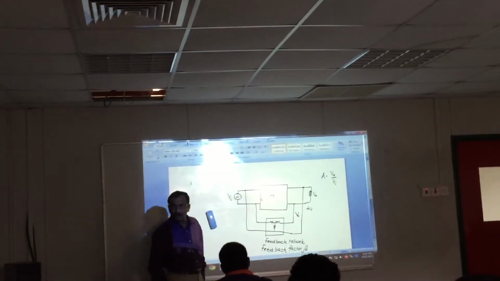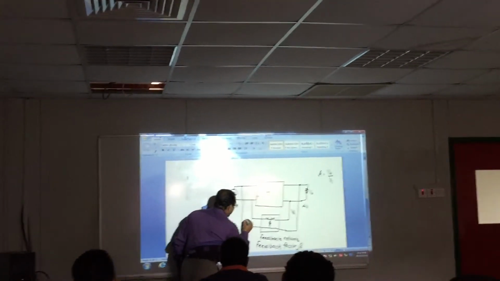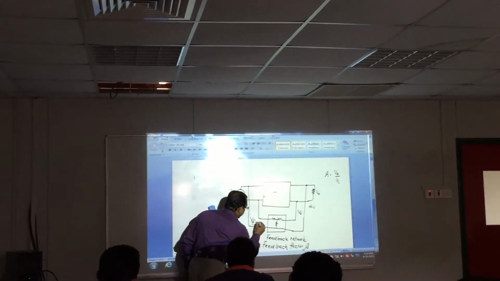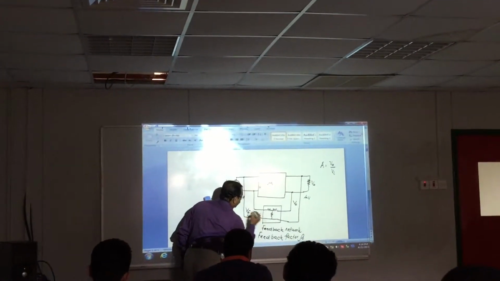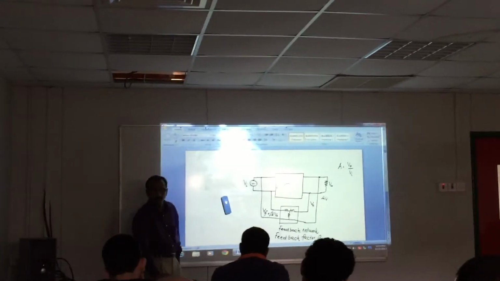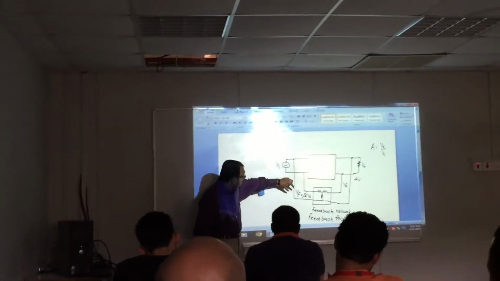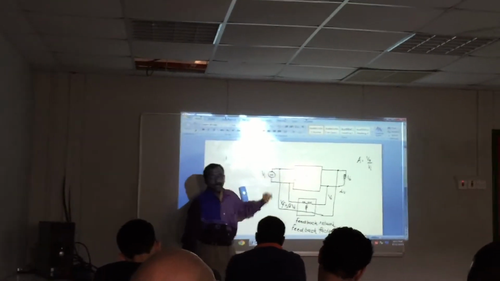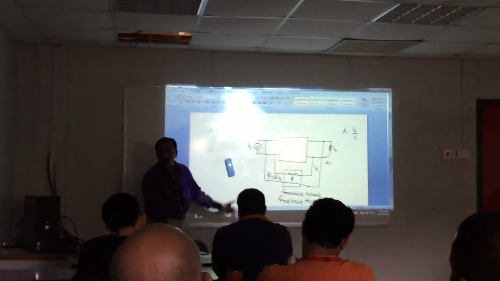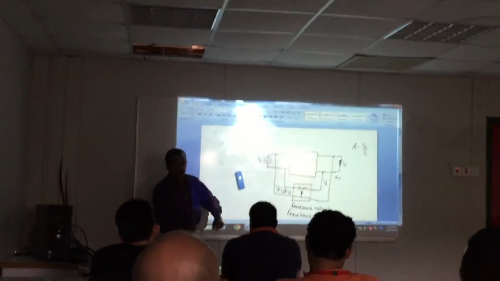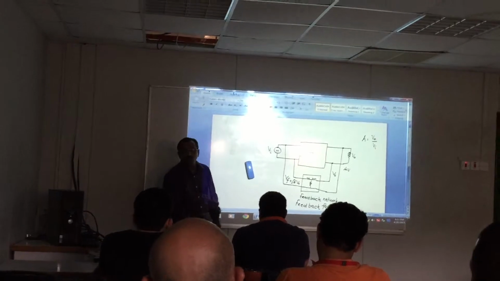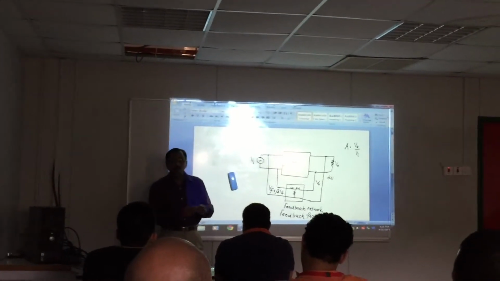Here I am getting a feedback signal Vf equal to beta V0. You understand? So I am giving this signal back to the input. So now the picture is different